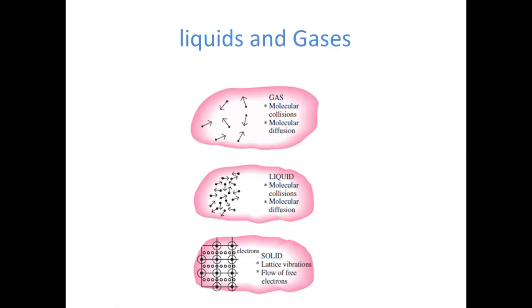But the position of the molecules is far away, hence there will be less conduction. Obviously the heat will be transferred, but that transfer of heat is not because of conduction but because of another mode, called convection. We will see convection later. Again, as molecules are more and more away, the conduction will be less, but the heat is transferred due to convection.